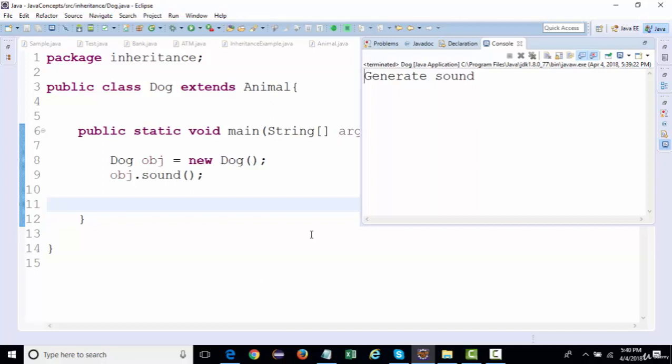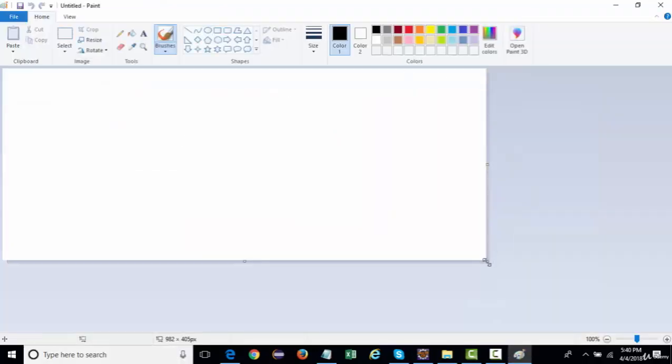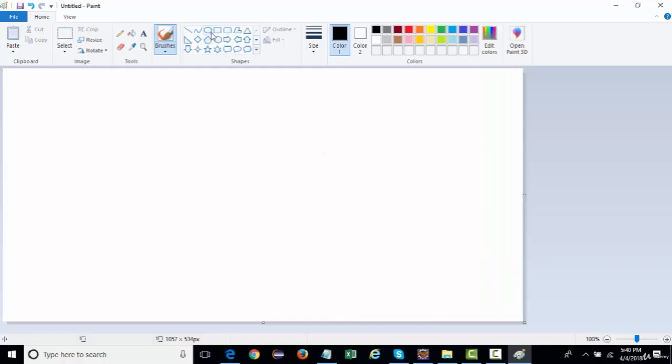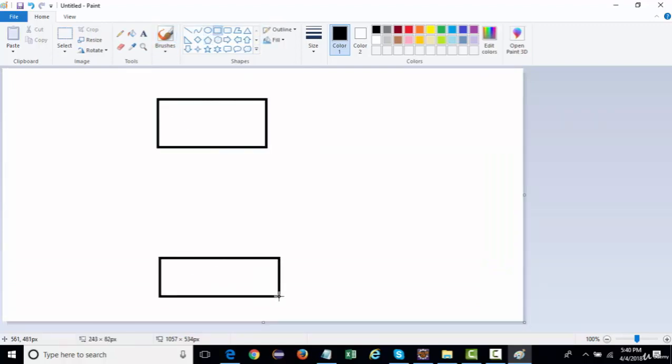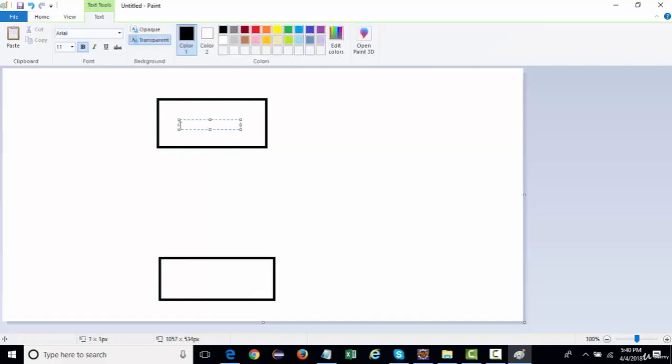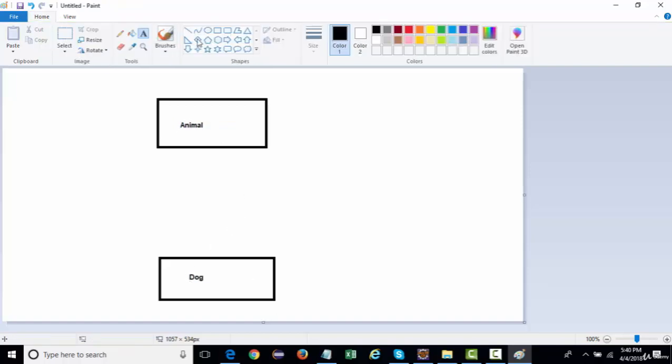So what sort of inheritance is this? Let's say the relationship that we have seen over here: there is an animal class, and then we have a dog class, right? Dog is actually taking the properties from the animal class.